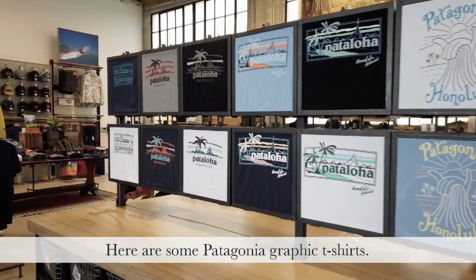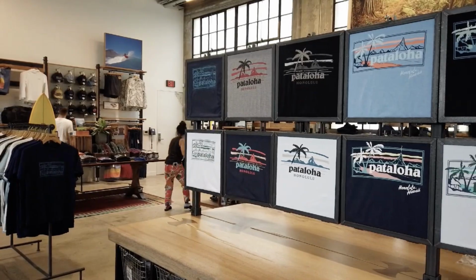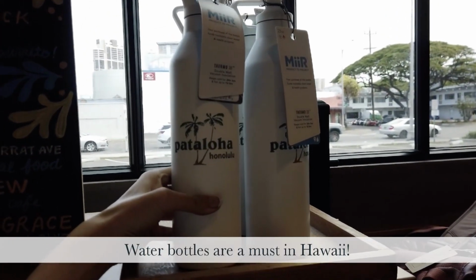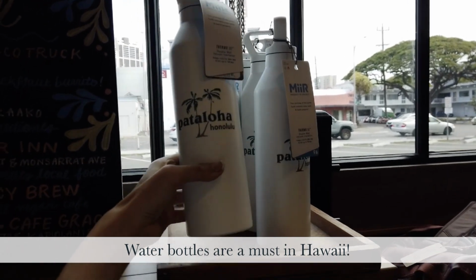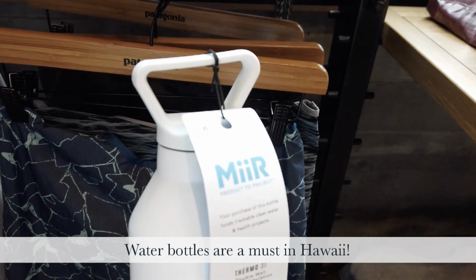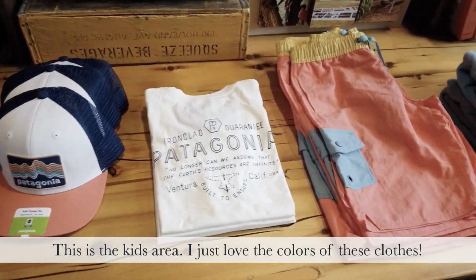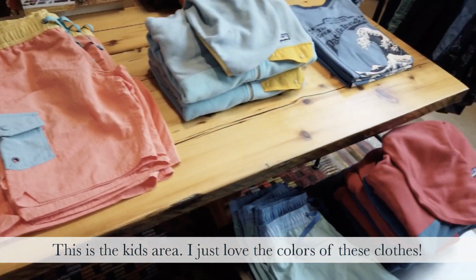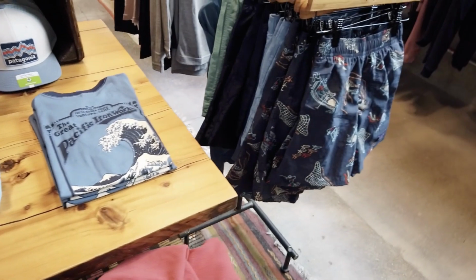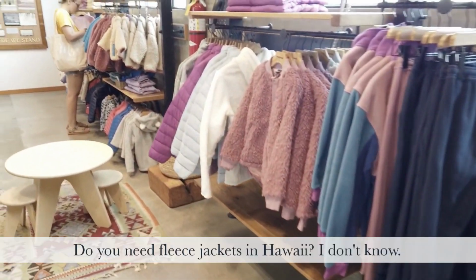Here are some Patagonia graphic t-shirts. This is the men's section. これが男性エリアのパタゴニアのロゴ入り T シャツです。いろんなデザインがあります。Water bottles are a must in Hawaii. ハワイでは水筒っていうのはもう必須アイテムです。This is the kids area and I just love the colors of these clothes. これが子供エリアです。色も明るくてすごく可愛いと思います。